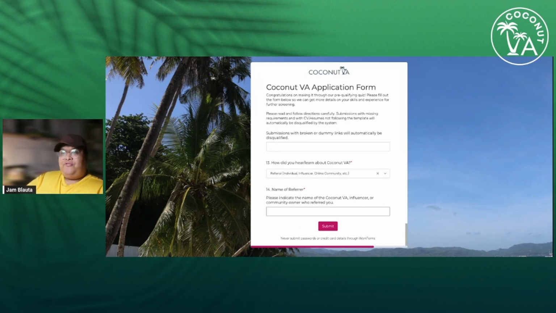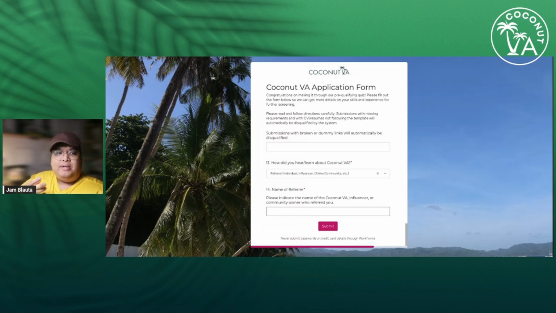Once you submit the form, you will get an email indicating that you are part of the talent pool already. And there are things that you need to know about it, and I want to discuss it with you guys because you keep on asking this. You guys don't really read emails, but all the instructions for the next steps are there.